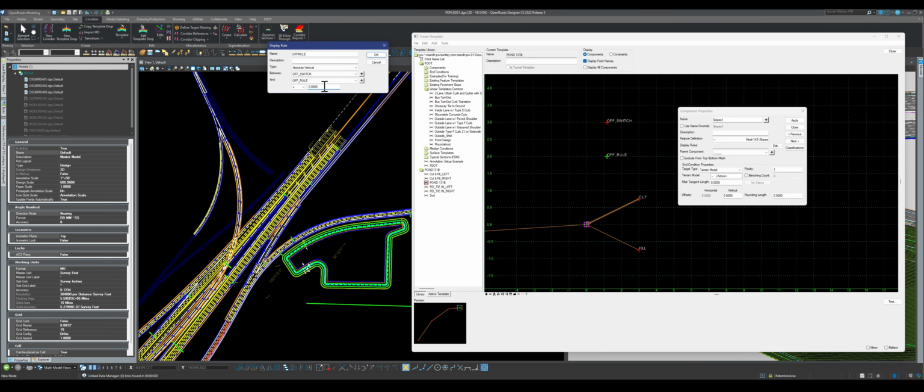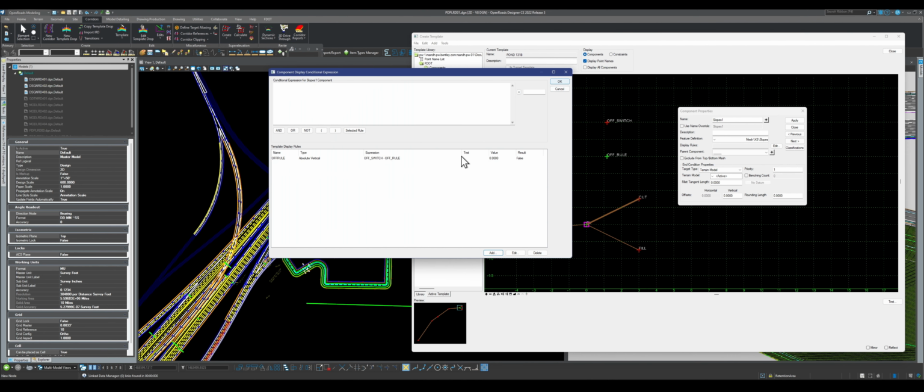But if I did 1, I think it's going to turn them on. But I want them to be on while it's 1, right? So I'm just going to leave this 0, equal to 0. And let's just do OK. So now we have this here. This is basically a condition. And we are telling it when it is equal 0, do something to them, which we're going to test